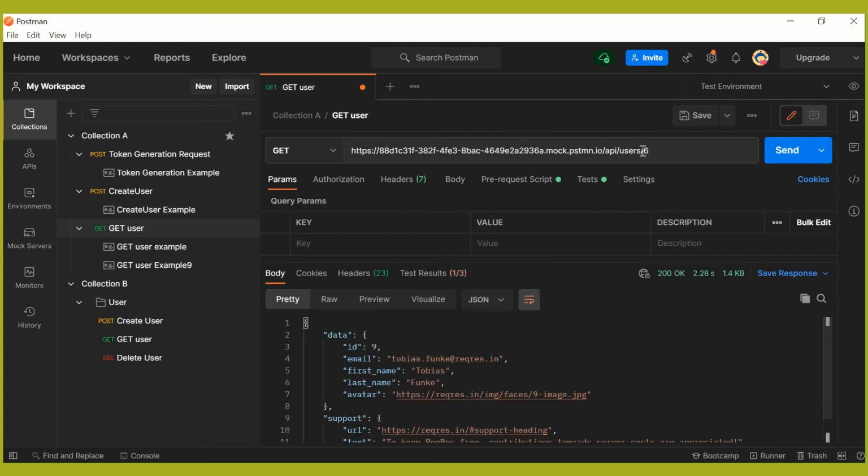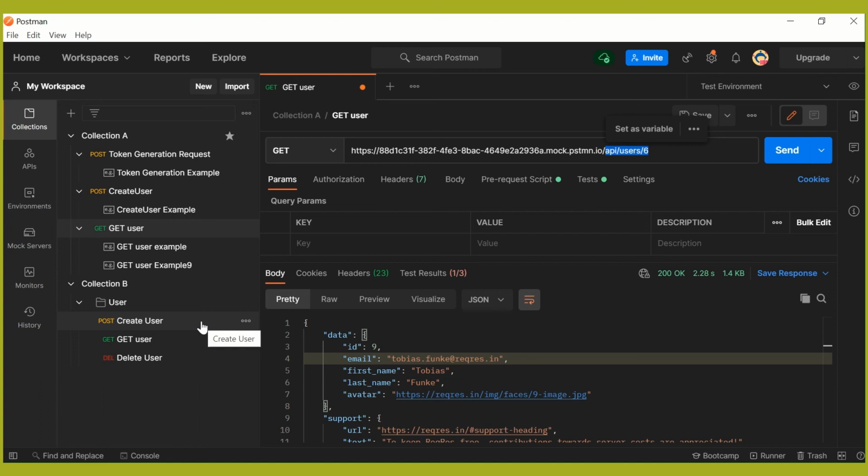You can see when we send a request with 6, it gave the response for ID equal to 9, because we don't have any particular response corresponding to this URI. In such cases it sends one of the responses which is configured as an example.